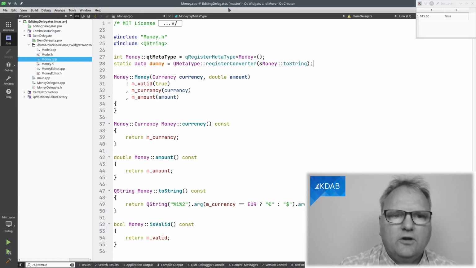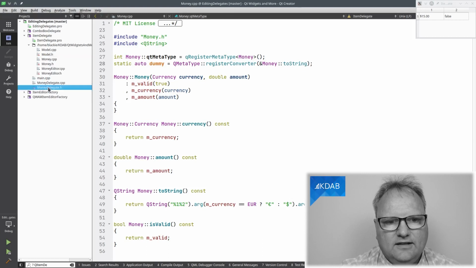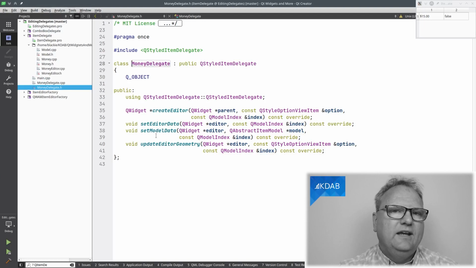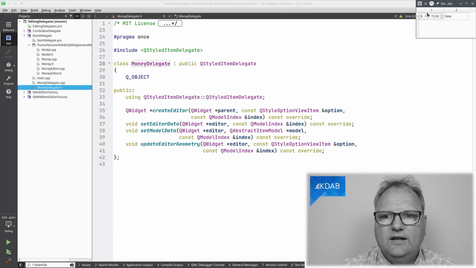So now we got our model, we got our money, and we need to go and look at our delegate. The delegate is subclassing from QStyledItemDelegate. The delegate is implementing the methods that you usually will implement if you do an editing delegate, namely createEditor, which is creating the actual editor. So up here, it would be creating this editor that you see here with a combo box and a spin box.